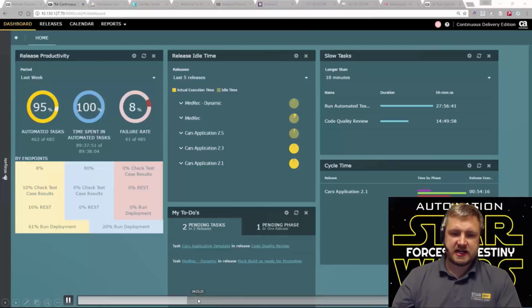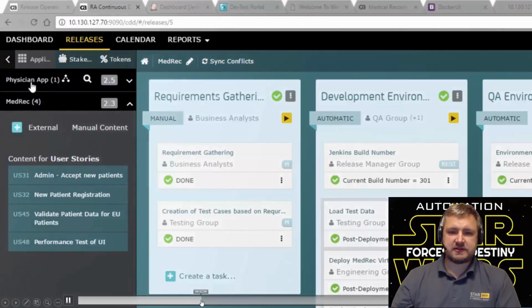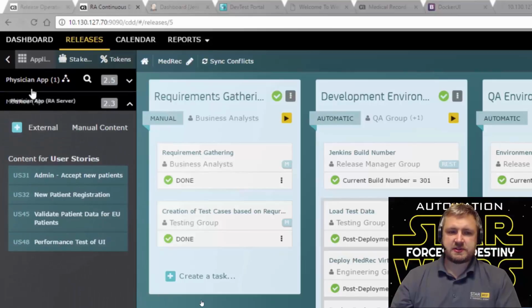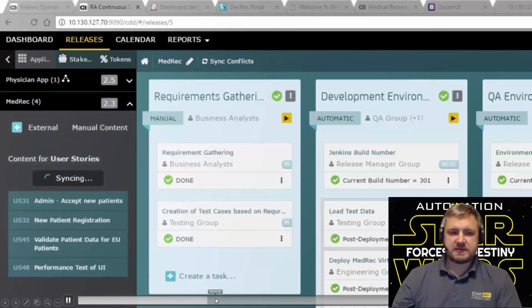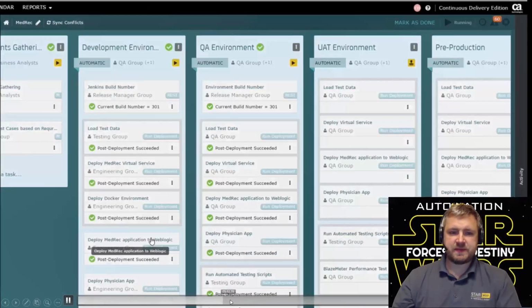Now what I'd like to show is more around the automation side of things. So in this case, we're going into our release automation pipeline, and we're looking at deploying an application. This is broken into different swim lanes, and as you can see at the start, there's a number of steps that need to be completed, such as loading test data in, accepting stories, and then as those steps are executed through, you can deploy into the next environment.